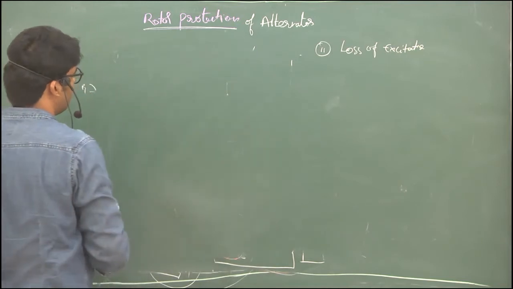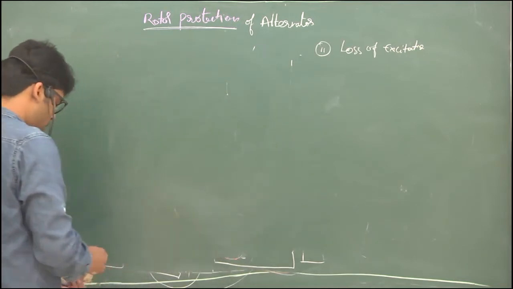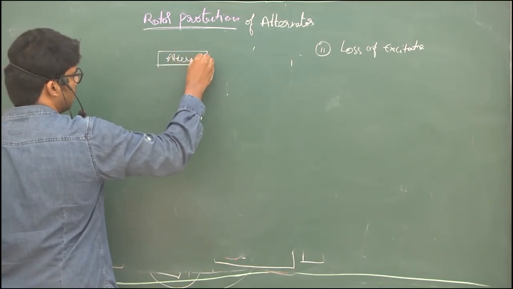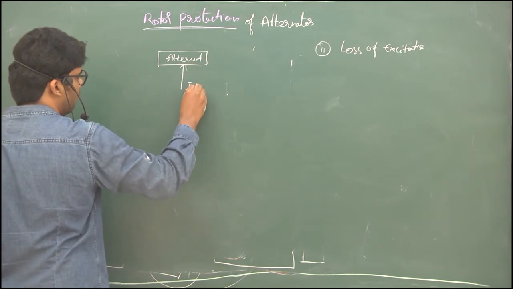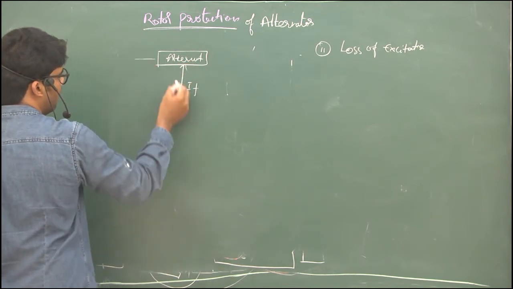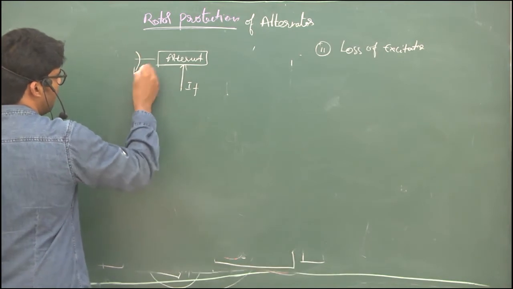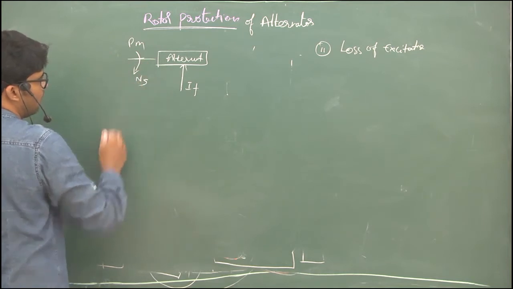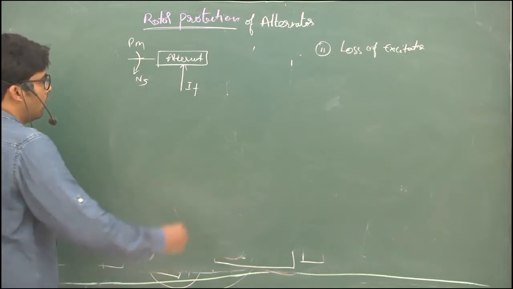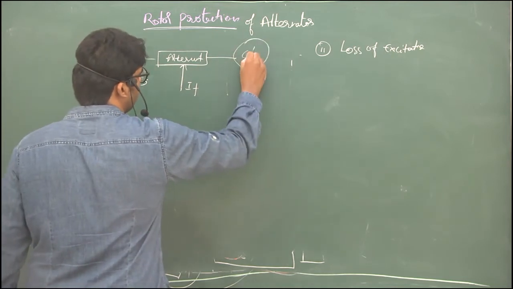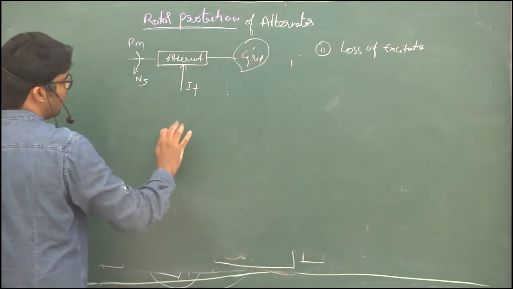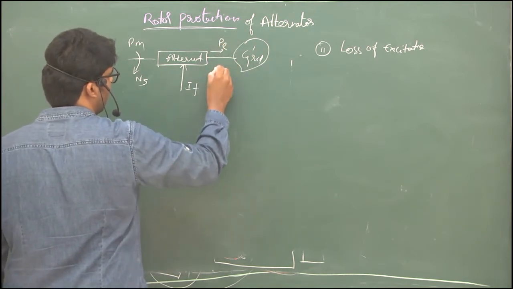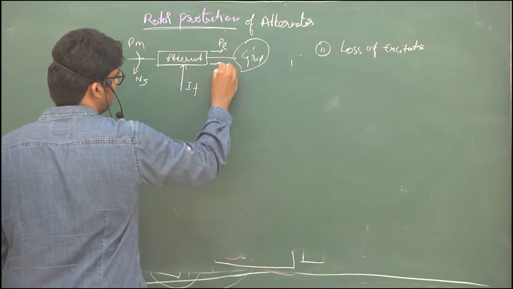In this loss of excitation, as we know, this is the alternator, and this alternator will have a field by the excitation system, and it is driven by the prime mover. The system will move with a speed of Ns. Now this is fed to the grid connection, when everything is normal because no fault is taking place. From the stator we have active power, and from the field excitation we have reactive power.